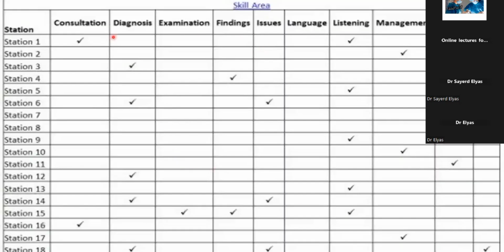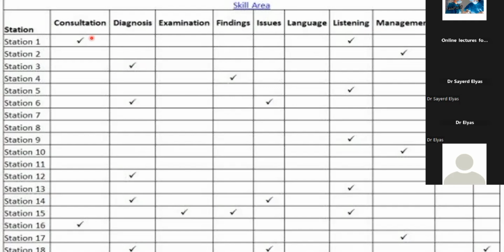So these are the things which the examiner will be noticing in you. The examiner will not be talking to you. The examiner will be very silent. You have to consider that nobody is present in the station, that the station is empty, and just a patient is there. The examiner usually sits in one corner of the room. He will have an iPad sort of thing with him, and he will be noting your mistakes. What he's going to be focusing on is the consultation. He will be looking at your consultation skills, how good they are, and he will be giving you marks there. And then he will see whether you have picked a diagnosis or not,